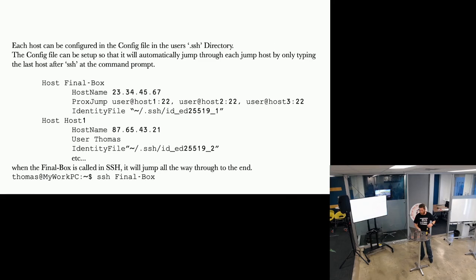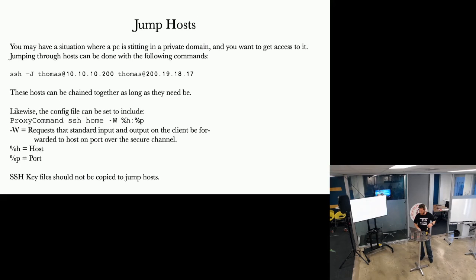So jump hosts. This is also one of the more powerful, and it's kind of the same as what I was saying earlier. This is where you can really circumvent security as well. If you want to get access to another device behind a NATed environment, you can use this command to jump through a publicly available box and then pivot into other boxes that are in that environment. So I can jump from my work computer back into my home box, and then from there I can choose the private IP address of my local computer by SSHing into that one as well.